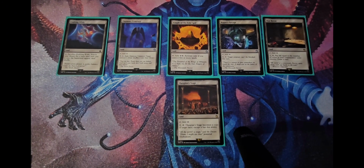Now, it looks like I got a little bit more time, so I had to delete some things from the camera so that I could get some more footage, but anyways, as I was talking about Rogue's Passage, these are your colorless lands. In reality, to me, they're not that many. Altogether, with those and the dual lands and the tricolor lands, it's about